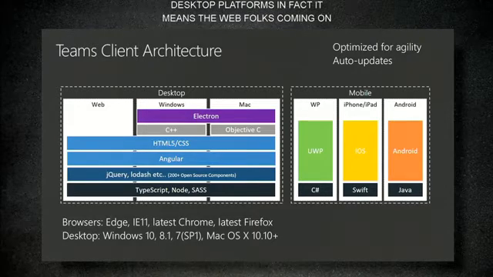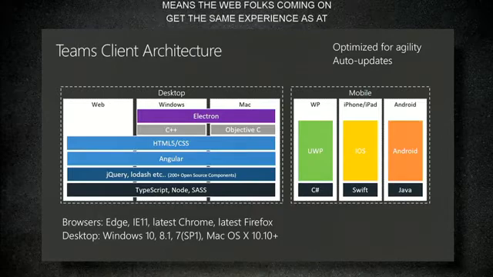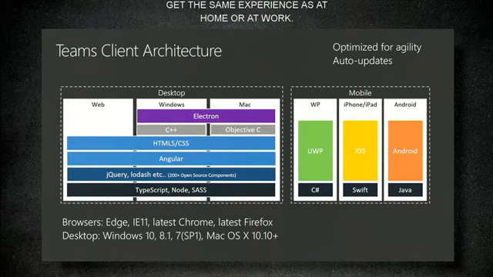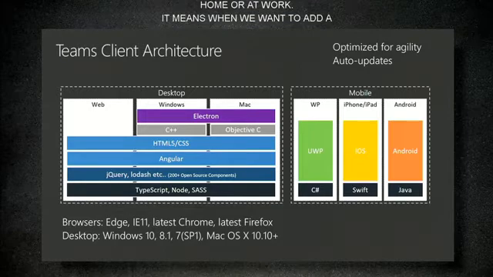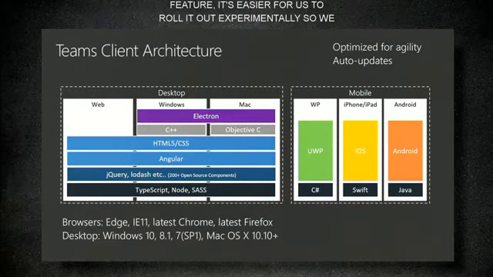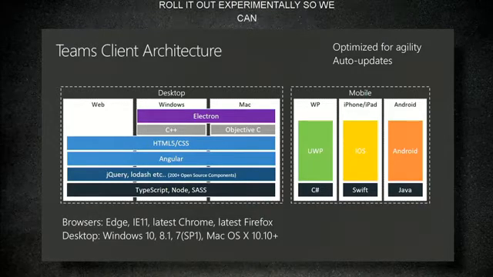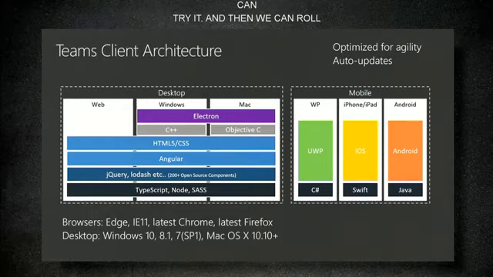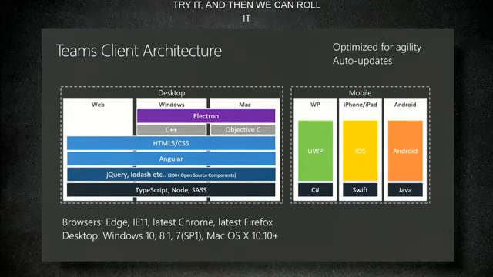It also means that when we want to add a feature, it's easier for us to roll it out experimentally so that we can try it, our developers can try it, Microsoft can try it, some lead customers can try it, and then we can put it out to the rest of the world. So we love that agility, and we've really built out this architecture with the idea of being able to add features quickly, respond to requirements quickly, and deliver auto updates so that every